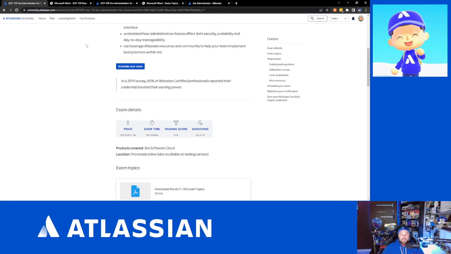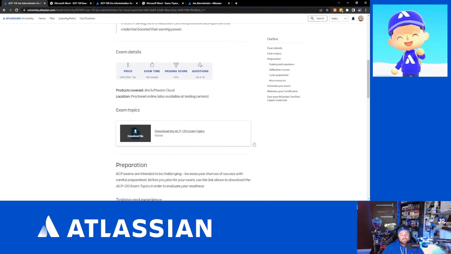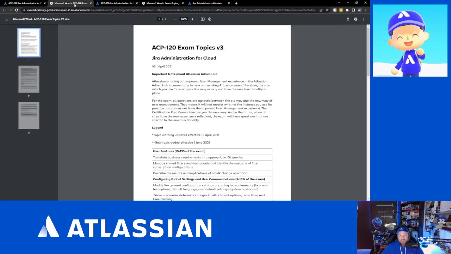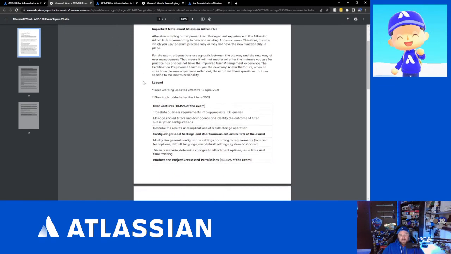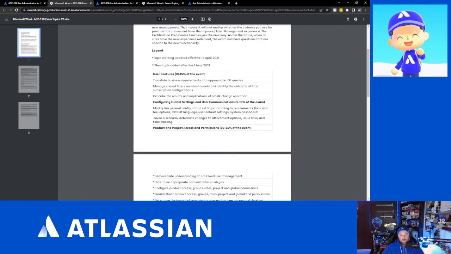Which is a perfect segue into the next thing that we should do, which is always take a look at the exam topic list. I'm going to try and cover both of them pretty quickly, but I don't want to spend a lot of time here because I have talked about this exhaustively. The things you'll want to look at are the weights of each section and understanding how comfortable you are with them. So as I can point out here, the user features and configuration and global settings, 10 to 15 and 5 to 10, these make up approximately 15 to